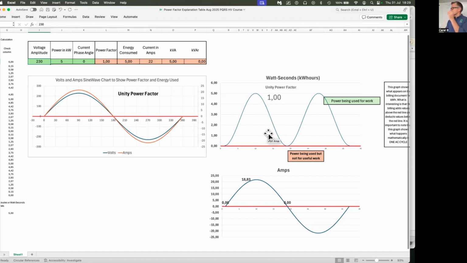So that gives us kilowatt hours. Essentially, it actually reflects watt seconds, but we can view it as kilowatt hours. So everything above the red line over here